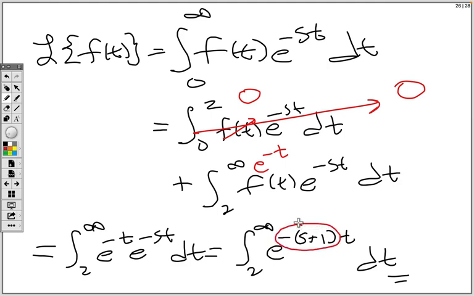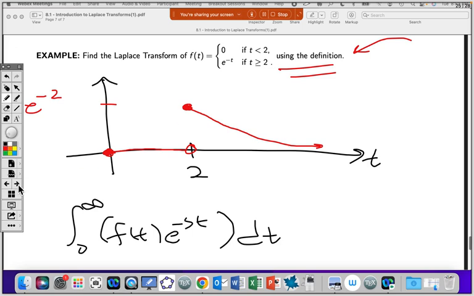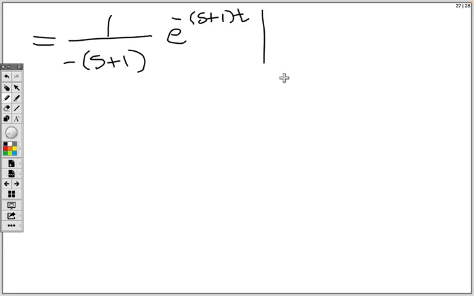So the antiderivative of this exponential is going to be 1 over that constant, times that thing, evaluated from not 0, but t equals 2, and then as t goes off to infinity. So we have a decaying exponential. So as t goes to infinity here,